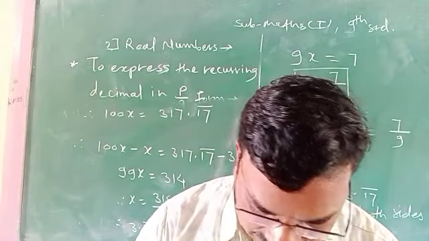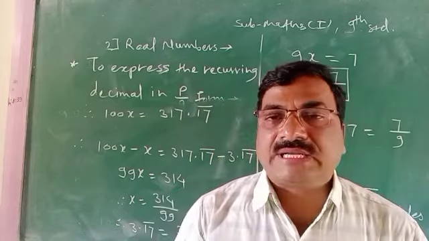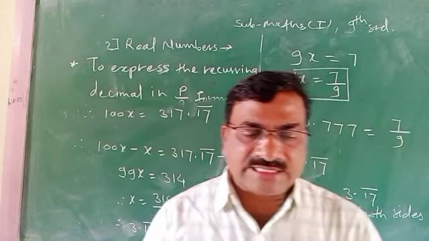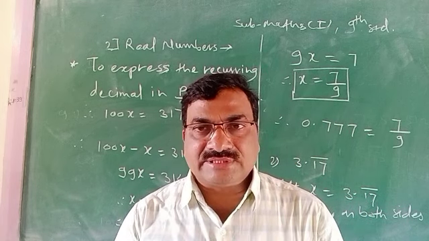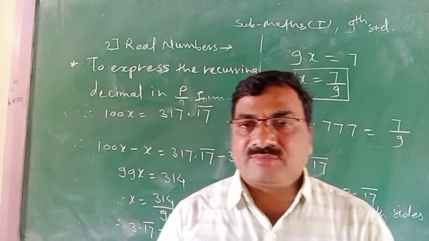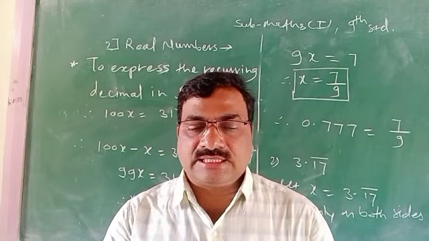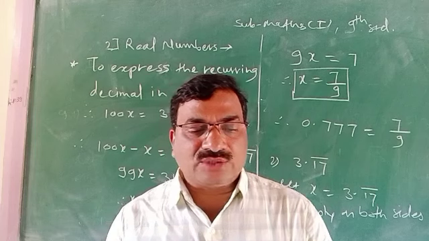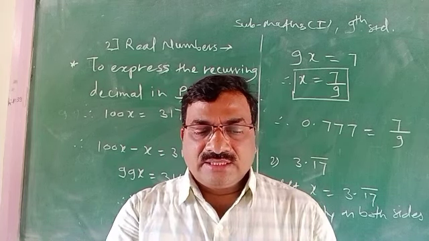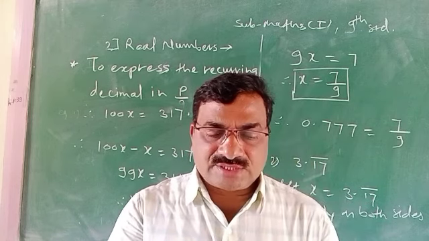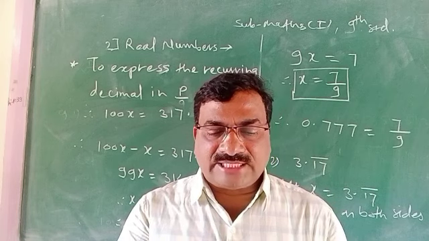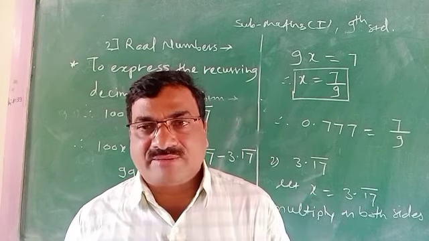Then see here, practice set 2.1. You can solve it, it is easy. Carry out the decimal form, that is, you have to carry out division. Then you can easily tell whether it is terminating or non-terminating. In practice set 2.1 there are 3 questions. In each question, the example number 4th and 5th are eliminated from the syllabus.